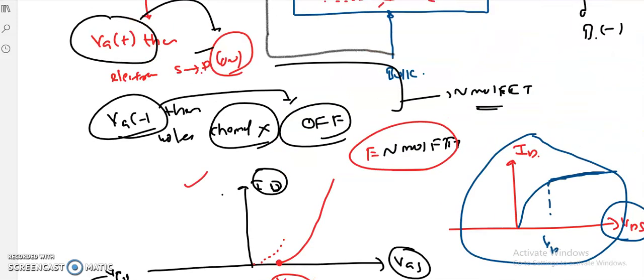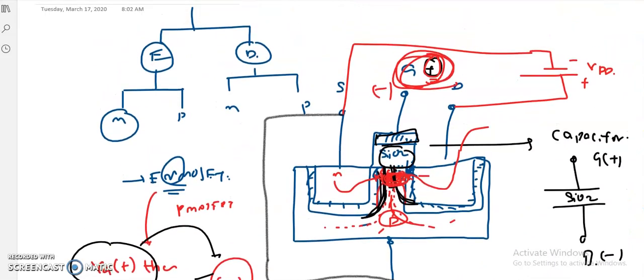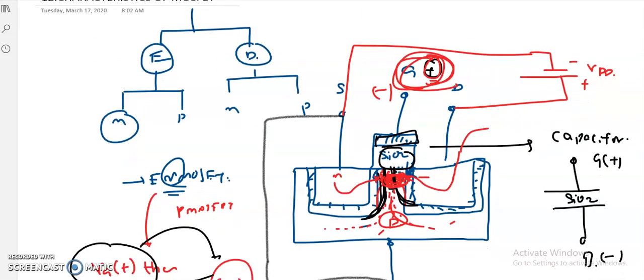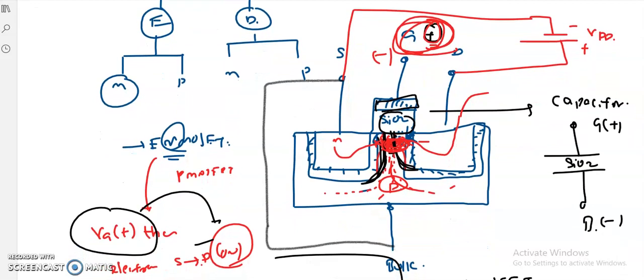So that is the case and operation regarding the N-type MOSFET. And coming to the N-type MOSFET, here I told the gate is a positive voltage, right? So gate is a positive voltage means we have to connect with respect to the gate and source like this. Here the gate is positive and source is negative, we have to connect like this. And if you want to make the gate a negative voltage, then you have to connect a negative to the gate and a positive to the source, nothing but a VGS, right?